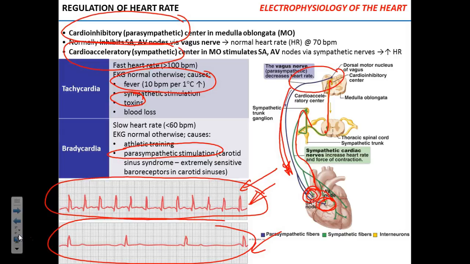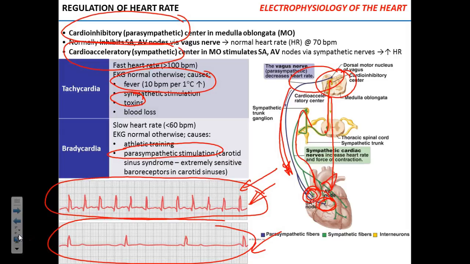Now, if you think how it works, again, when you're scared, what's going to happen to your heart rate? It's going to go up, right? And it's a typical reflex. You have certain sensory input that makes you scared. That sensory input, after it's processed in the CNS, initiates the motor output from the medulla that increases the heart rate.